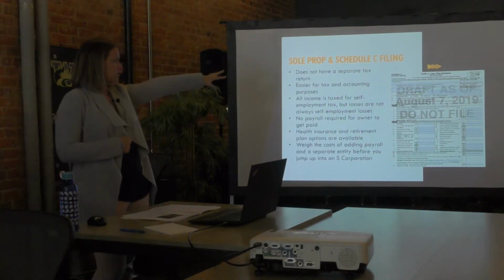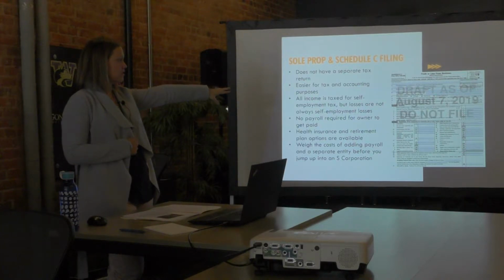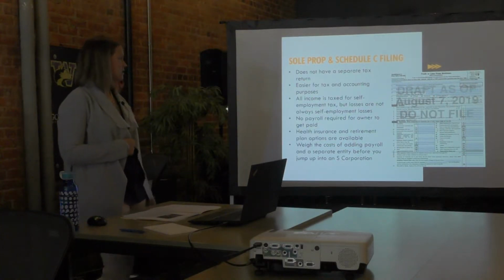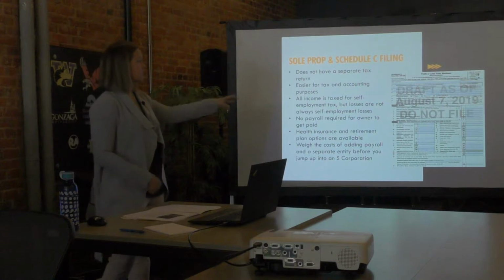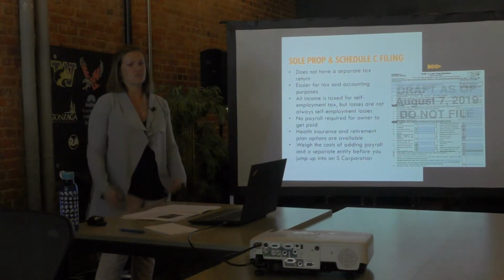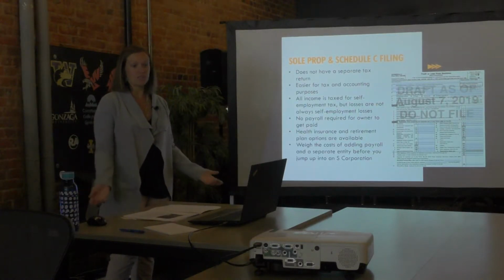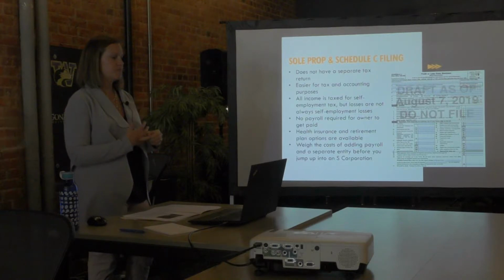So at the top here, it's got who you are and your business and all of those things, and then it goes down into the gross receipts and cost of goods sold, and then it will go into all your expenses. And that's exactly it: if you just count up your receipts and here's my income, and count up your receipts and here's my advertising, that's all that you really need to do to do a Schedule C.